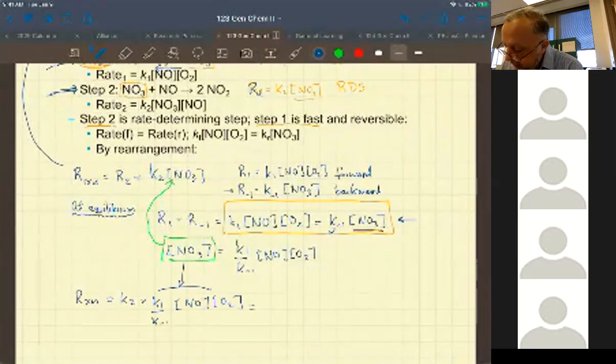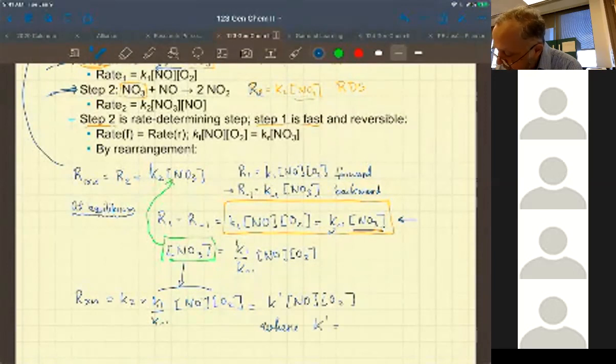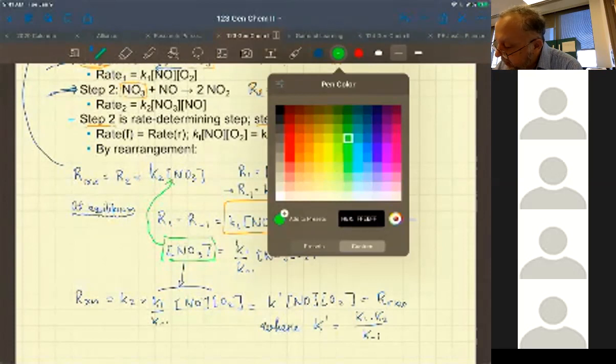And then simplifying this, I'm going to say this is K prime, concentration of NO, concentration of O2, where K prime is equal to K1 times K2 divided by K minus 1. So now I have an expression of the rate for this reaction that, let's make it pink,